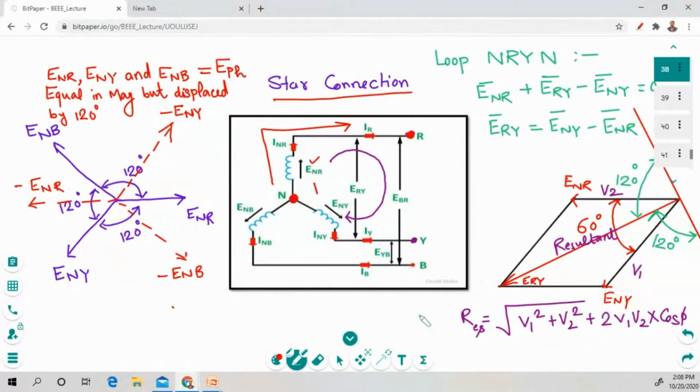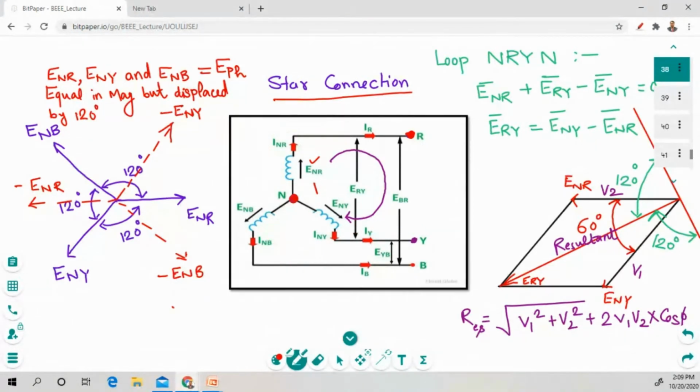Now let's see right here. This is the voltage across the second phase, flowing from the neutral, and there is a current, so that's why this is I and B. It is flowing from neutral to the B. Lastly, we have the third phase, so we have represented the voltage E and Y and the current I and Y. So these are the notations for this complete circuit.